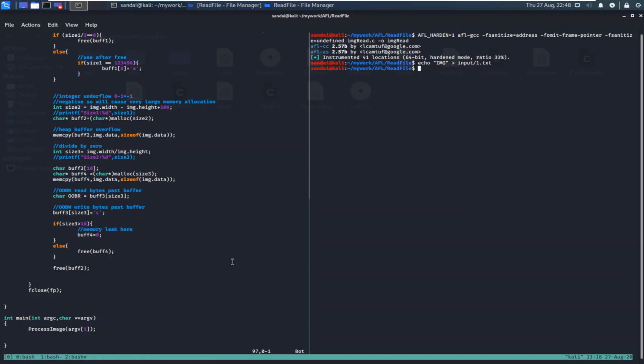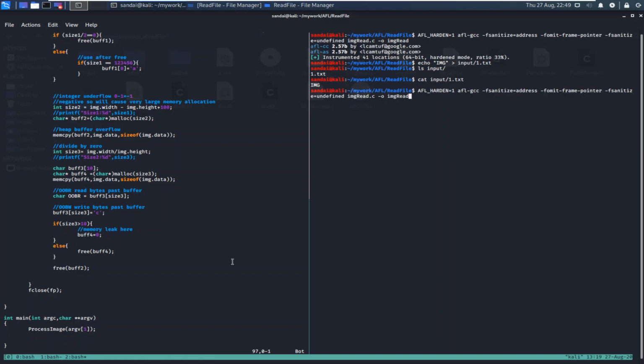So now AFL will be able to figure out everything over here. It will create new files, it will figure out the structure of the file, and it will figure out the crashes, as we'll see moving forward. So let's start our fuzzing process. I will just confirm once more what I have inside input. You can see I have only one file, and let's see what it contains. As you can see, it only contains a 3 byte string which is img, nothing else. And that is the beauty of AFL, that it will automatically figure out the structure and the values. So let's fuzz it.